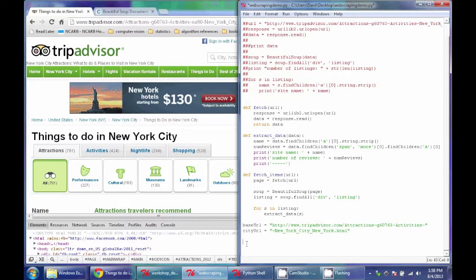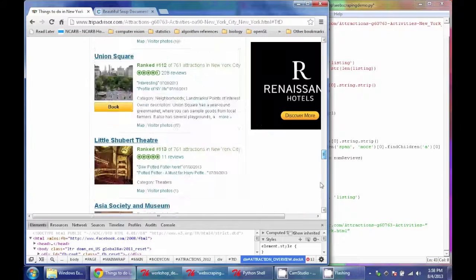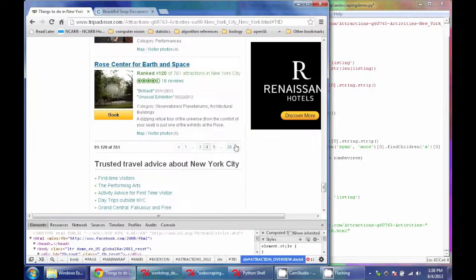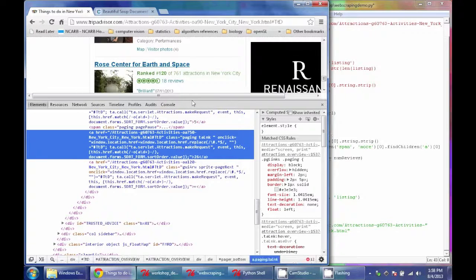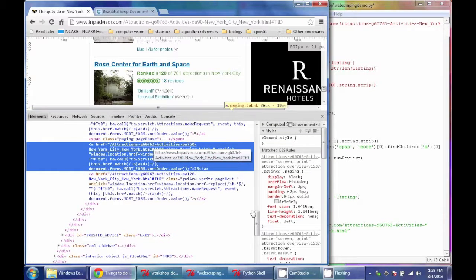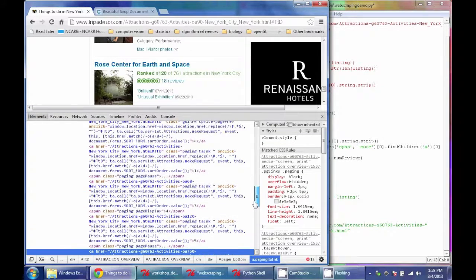Okay, so the next thing I need to do is figure out how many pages there are in total. So I need a way to figure out this number 26, because if I want to do different cities or different attraction types, this number is always going to change. And I can use the same methods that I was using from before to actually find out where in the code this 26 exists. So if I highlight it and go to inspect element, you can see this is the structure here. It's a little bit complicated because it has all this JavaScript written into it,